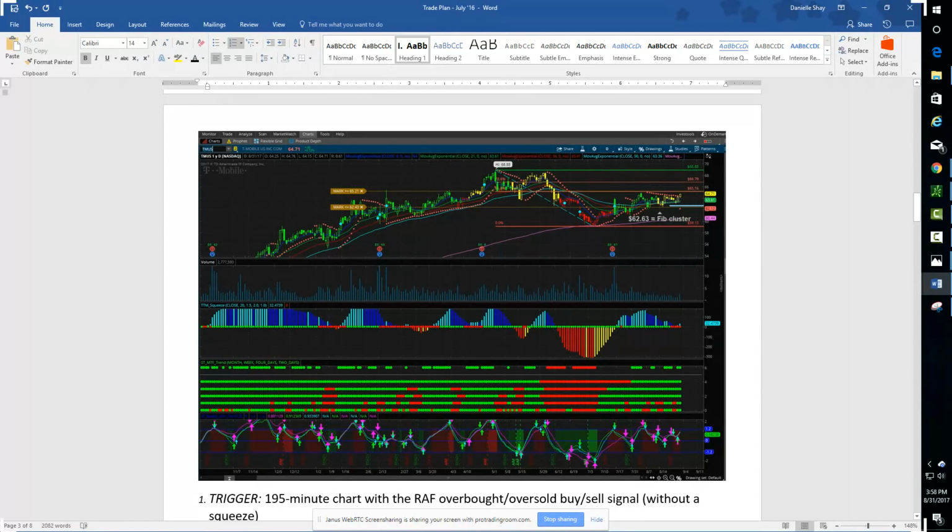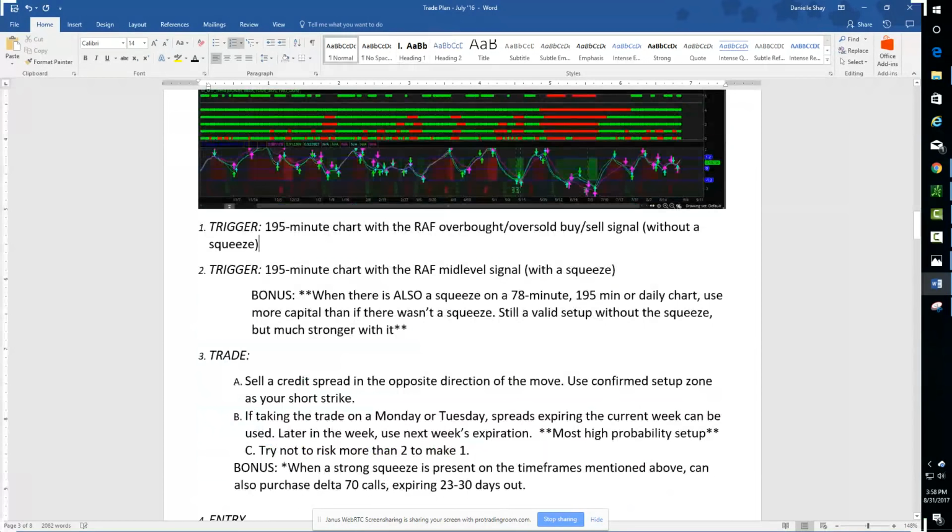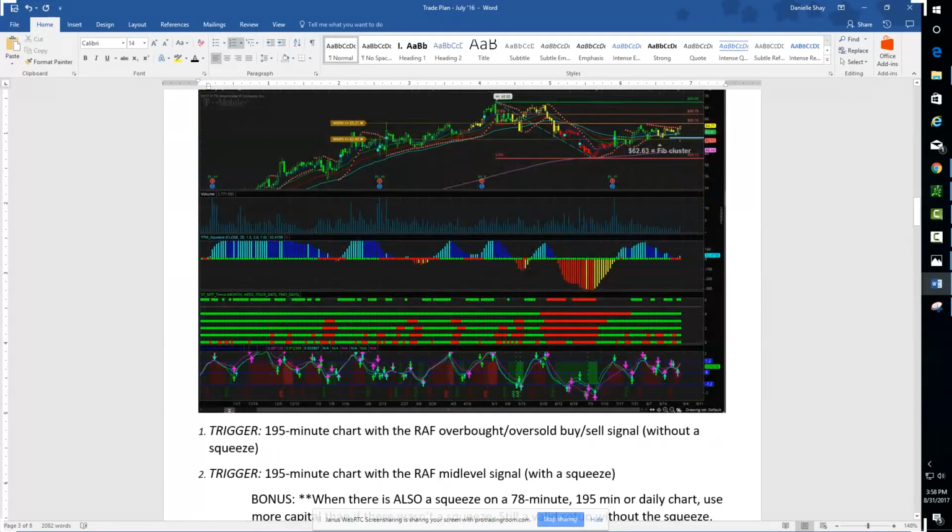And I really do like to get that pop, the directional pop that John has taught me to know and love so well. So getting down to the triggers, once you identify your setup, that's the main setup, you've got to write that down. Now you have to figure out what trigger am I going to use to get into this trade? Carolyn uses the moving average cross on the 15 and 30-minute chart. I personally have found that I really like the Ready Aim Fire.